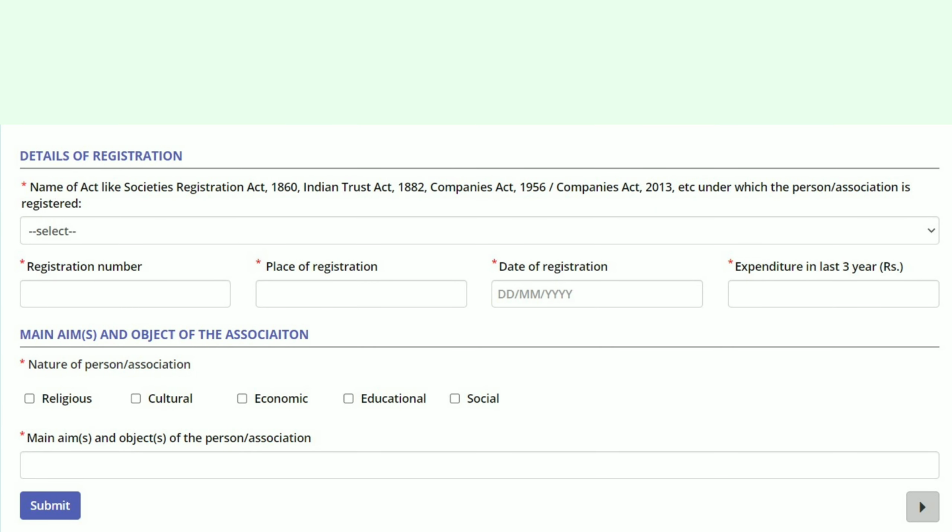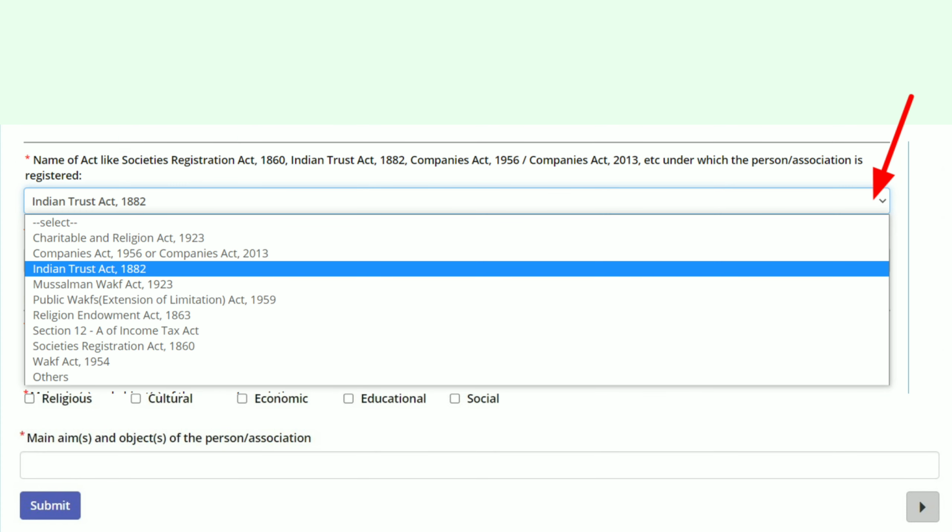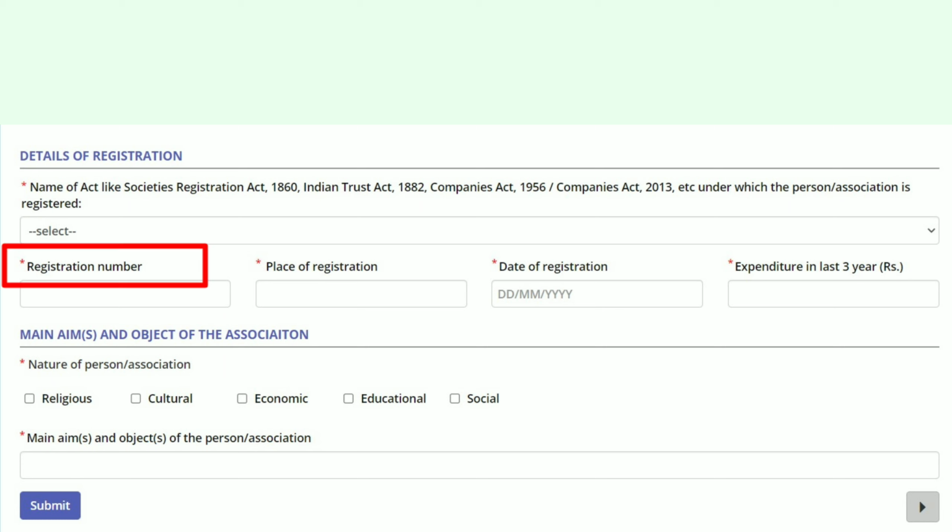Next comes the details of the registration of such association, where the act under which it is registered can be selected from the drop-down list, and other details such as the registration number, place and date of registration need to be filled manually.